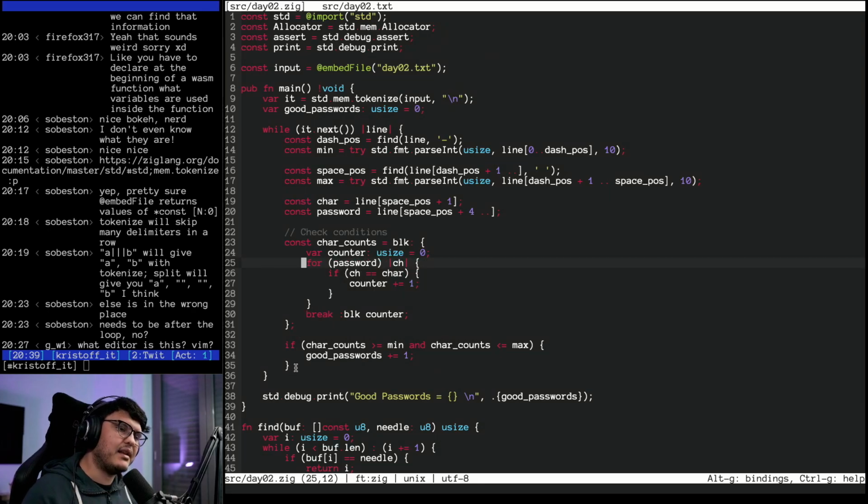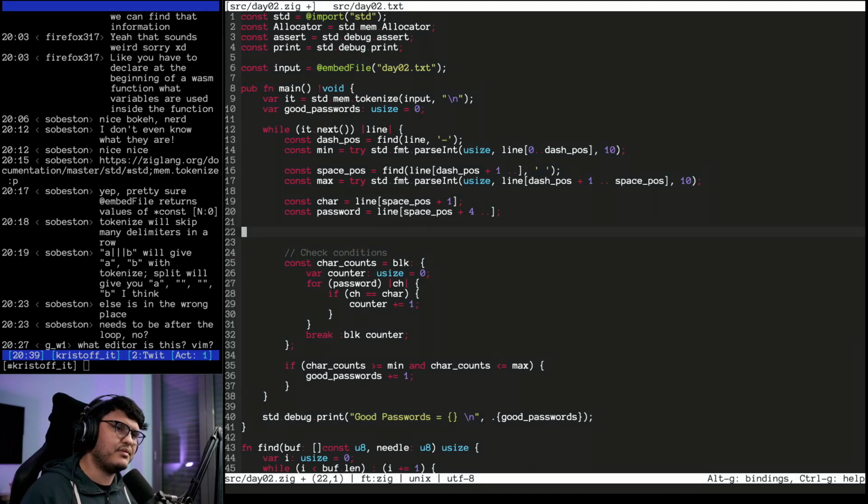So, okay, let's start debugging this. Let's short circuit a little bit and let's see if we are parsing everything correctly.